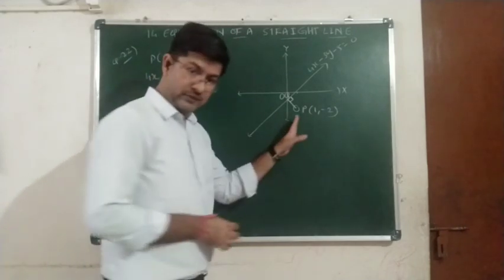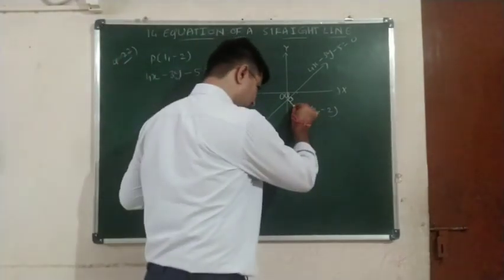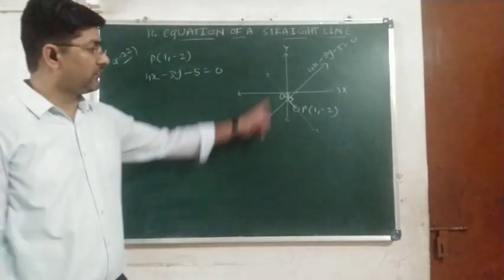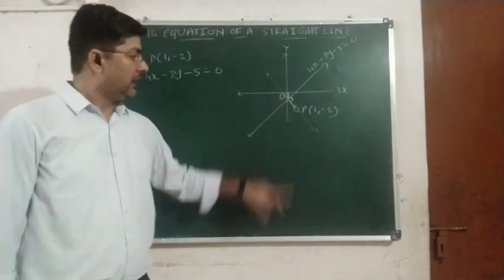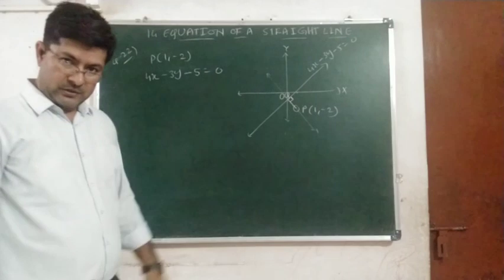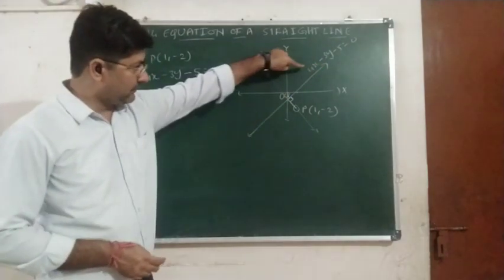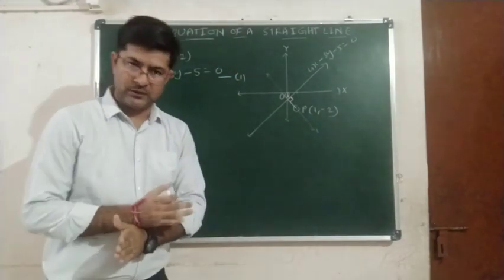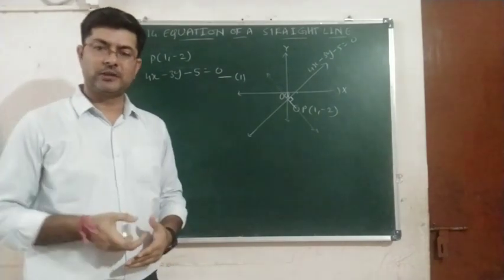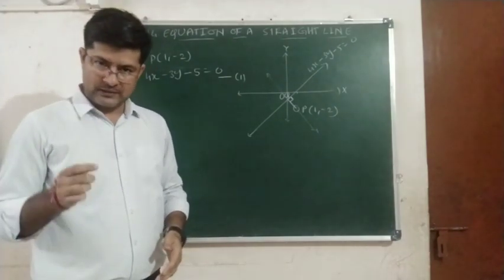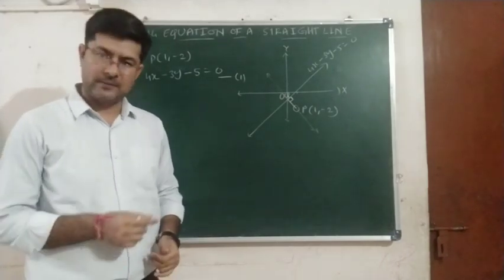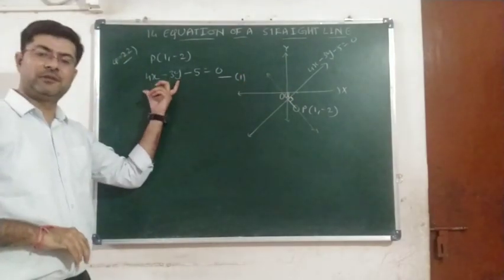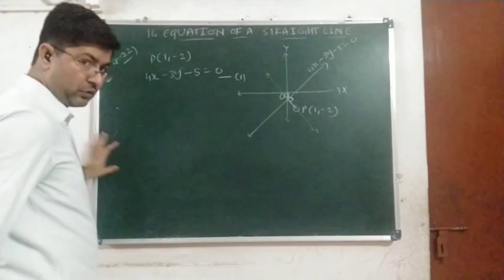Finding the equation of the perpendicular PQ means we have to find the equation of the line on which points P and Q lie. This is the required line, and P and Q are two points on the line. Obviously the given line, say line 1, and the required line are perpendicular to each other, so we have a relation between their slopes. The slope of a line is the negative reciprocal of the slope of its perpendicular line. So our first step will be to find the slope of the given line.